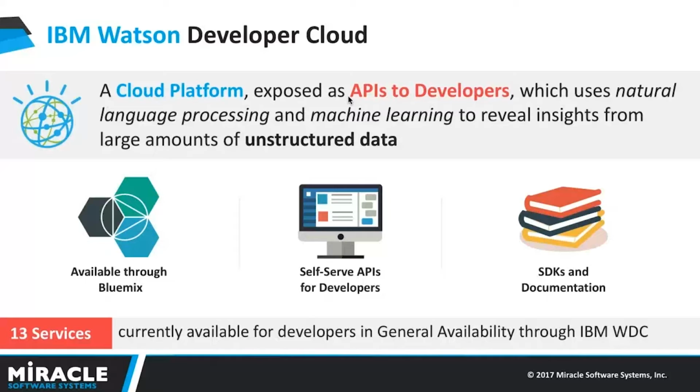So now developers can utilize these APIs without needing to understand anything about machine learning. IBM has taken a pleasing step by making Watson APIs freely available to developers, enabling them to make their applications cognitive and smarter. Hopefully, over time, more machine learning and natural language processing services like these will become freely available for developers. If this could be an open source tool, that would be the icing on the cake. There are 13 services currently available on the Developer Cloud, that is speech-to-text, text-to-speech, natural language, classifier, and Watson Conversation Service.